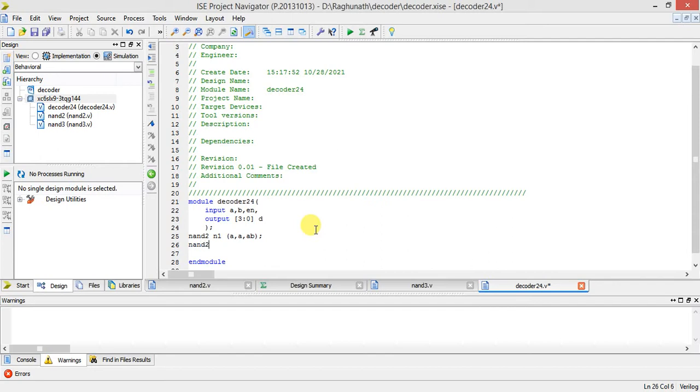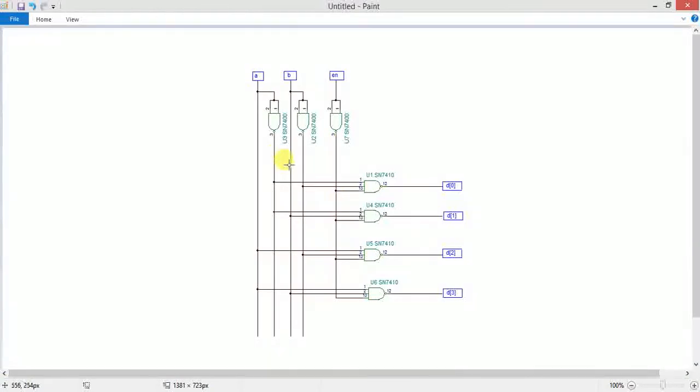Similarly, NAND2, I am giving another name. If I give B comma B, the output is B bar. And again, to get enable bar, I have to use two inputs only. So N3. The inputs are enable, comma, enable, and the output is enable B, where B stands for bar. So now we got these three. A connected to this will give A bar here. B connected here will give B bar here. Enable connected to this will give you enable bar here.